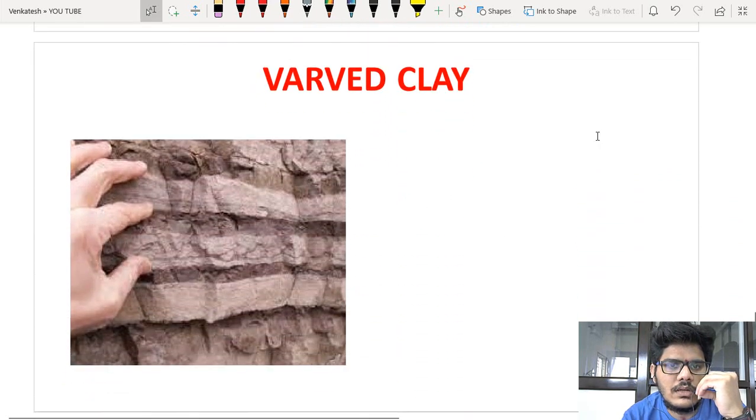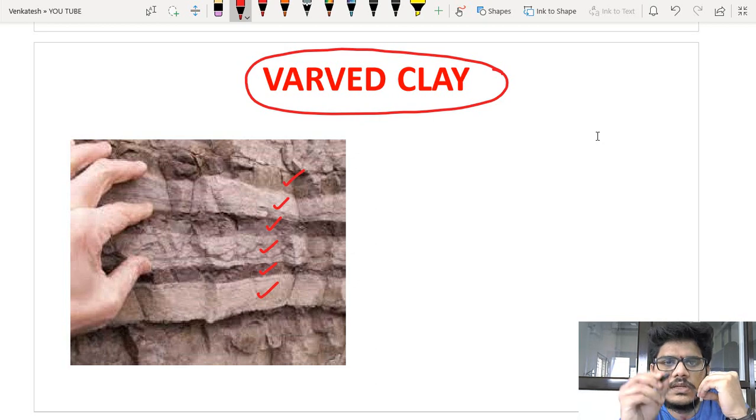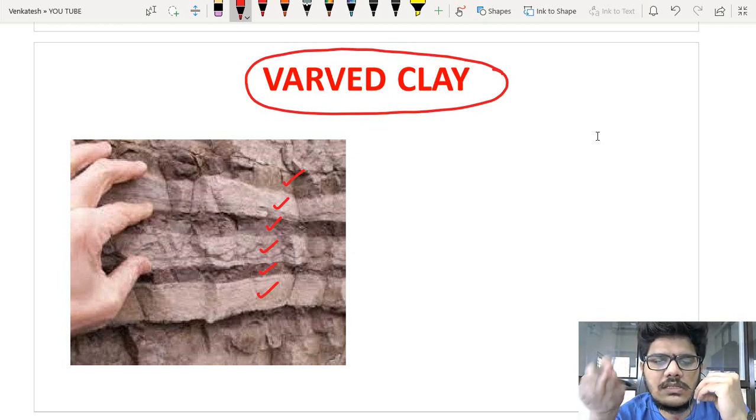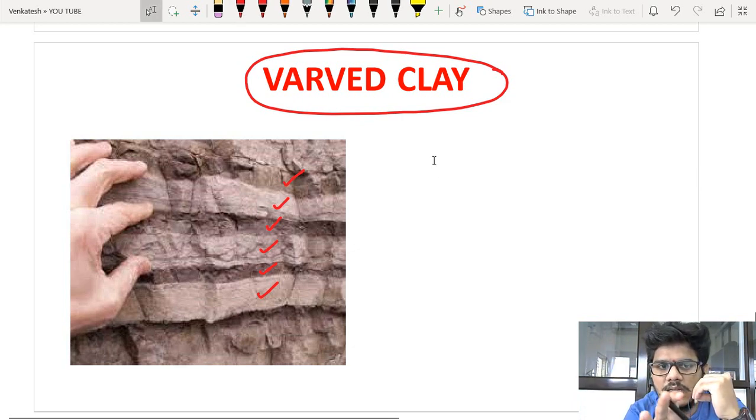Coming to the next one, it is a Warwood clay. So this Warwood clay consists of thin layers of deposits of silt and clay. For example, this is called silt, and upon that clay is present, and upon that silt, upon that clay. So it is a soil which consists of alternate thin layers of silt as well as clay. If it is alternate deposits, it is a lacustrine deposit. So this is generally called a lacustrine deposit.